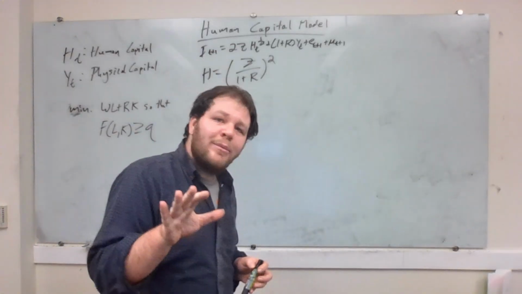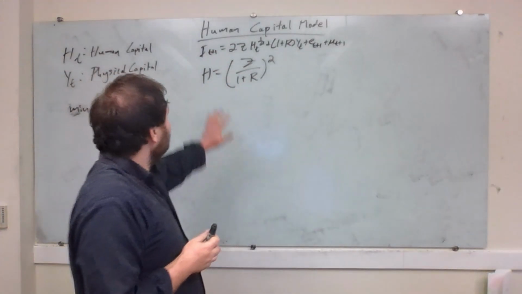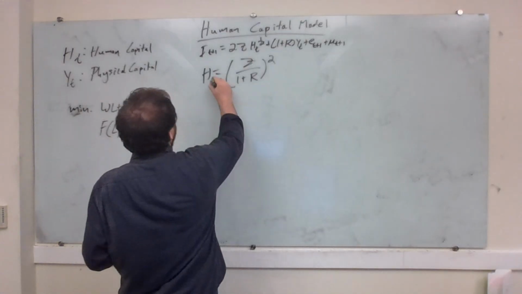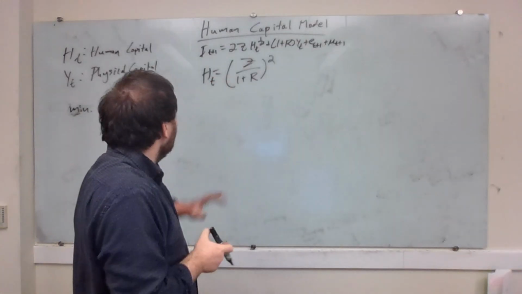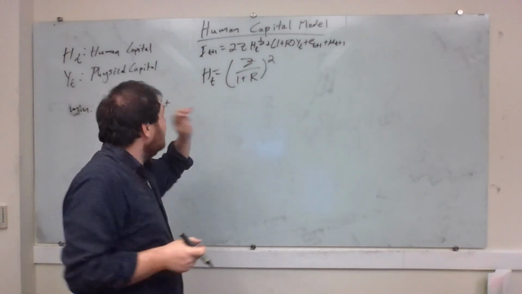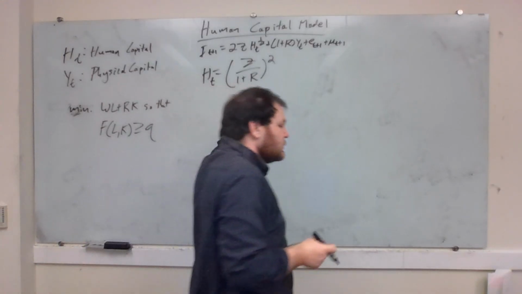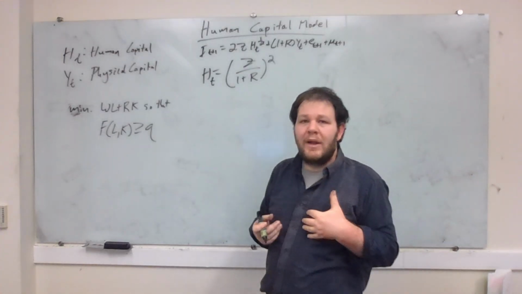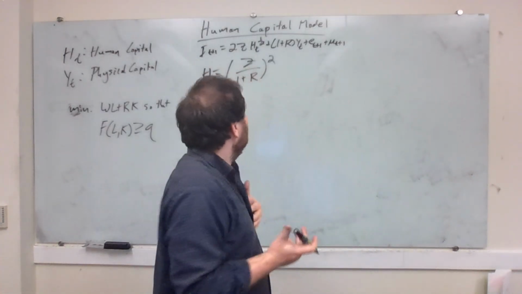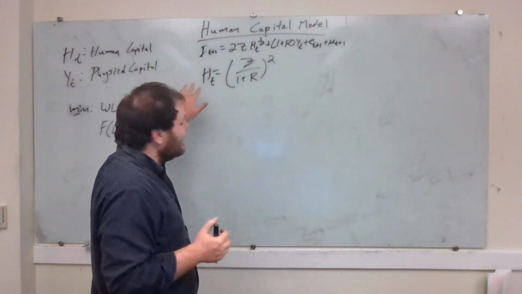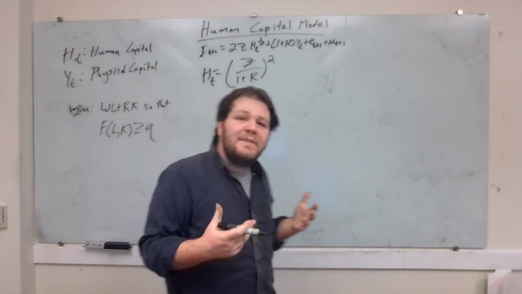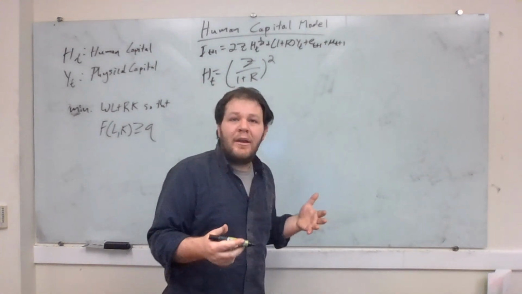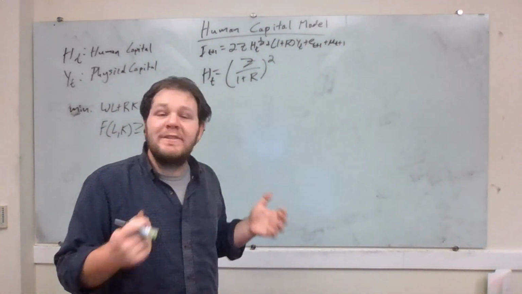Now there's one last problem here, which is what if a parent doesn't want to invest this much in human and physical capital, right? What if their optimal combination of h_t and y_t was less than z over (1 plus r) squared? Well, in that case, if they're not able to borrow money, if we don't have access to student loans, they're going to choose a level of human capital that balances between their preferences for their child's future earnings and their consumption, but they're not going to invest in any physical capital at all.